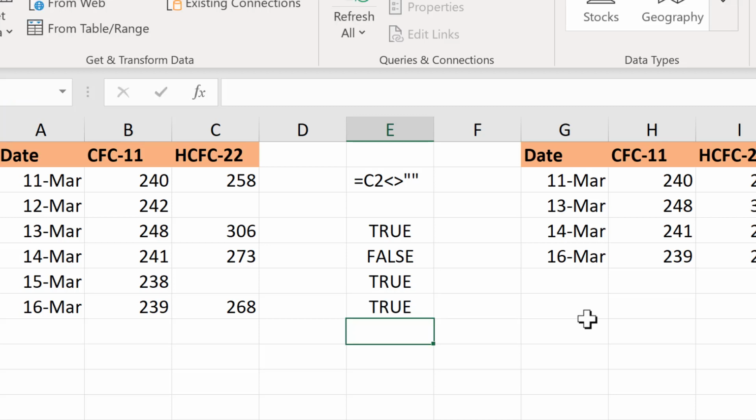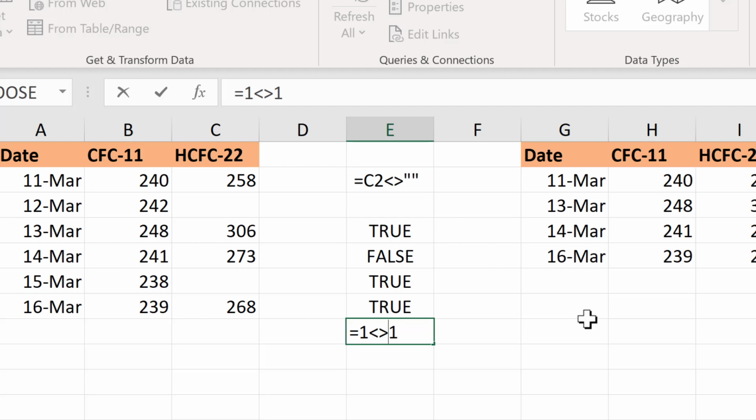And there is only one value that I can type in that will get me a false result, and that is 1 less than or greater than 1. And this gets me a false value because 1 is not greater than 1 or less than 1. It's equal to 1. So in Excel, this less than, greater than symbol means not equal to, because I can put in any other value and I will get a true result,